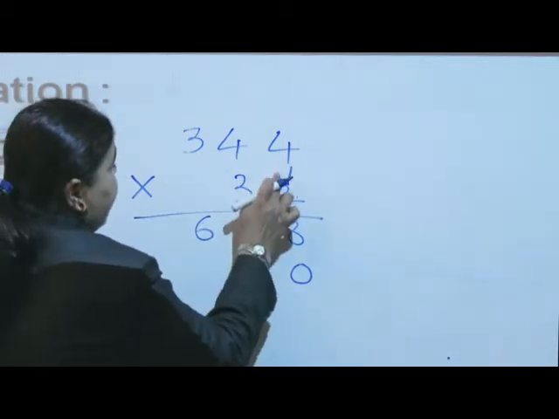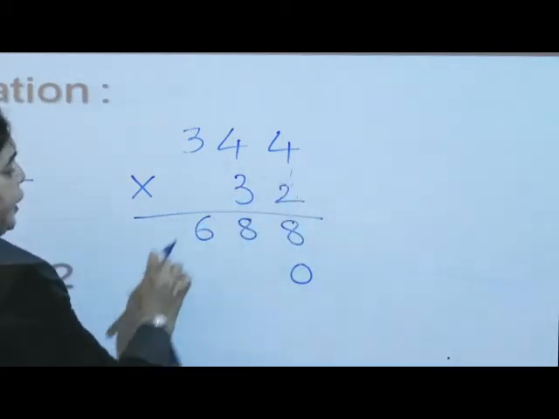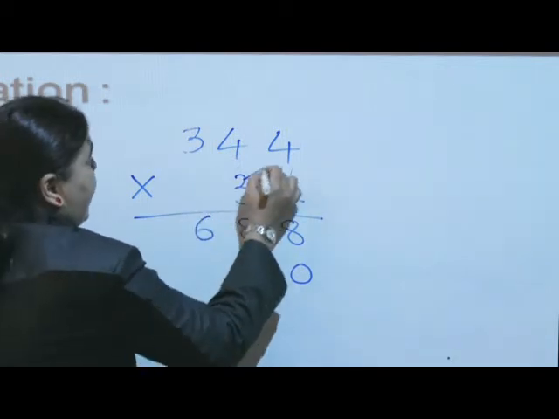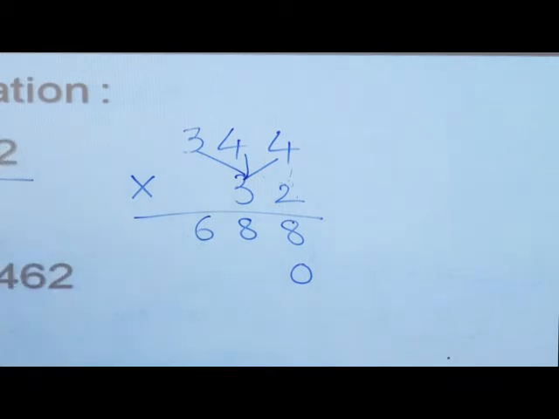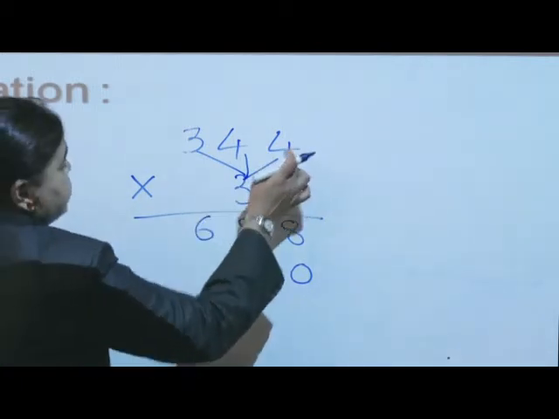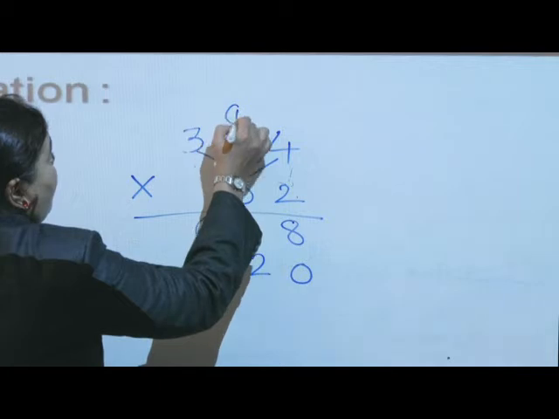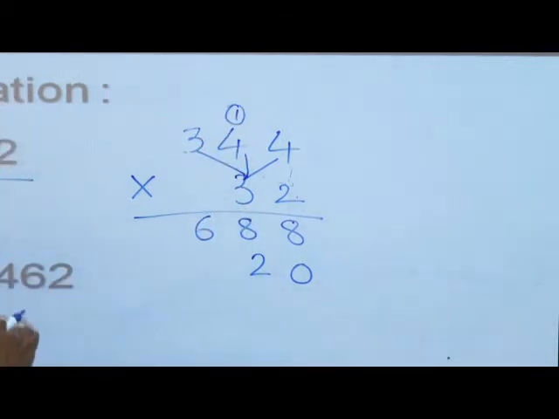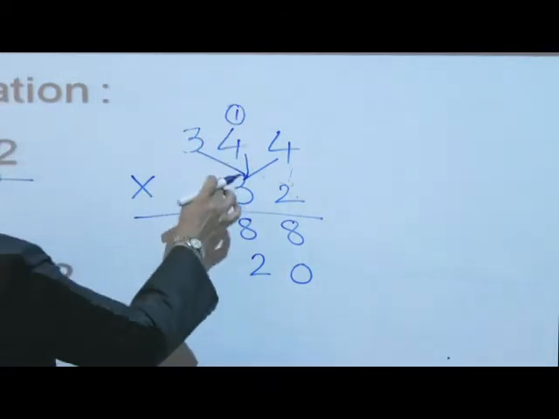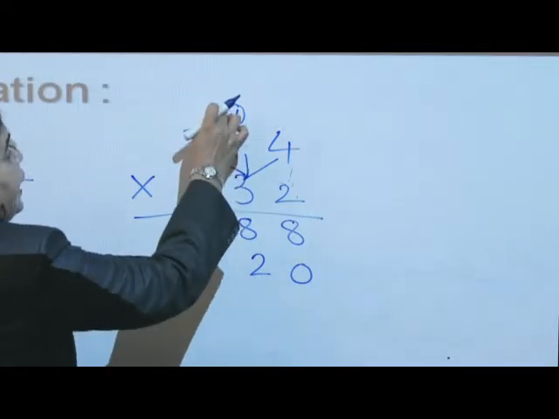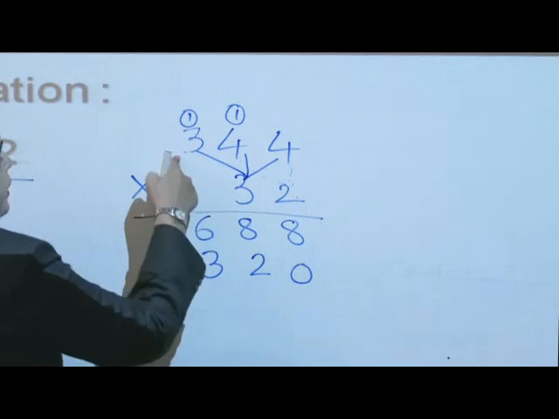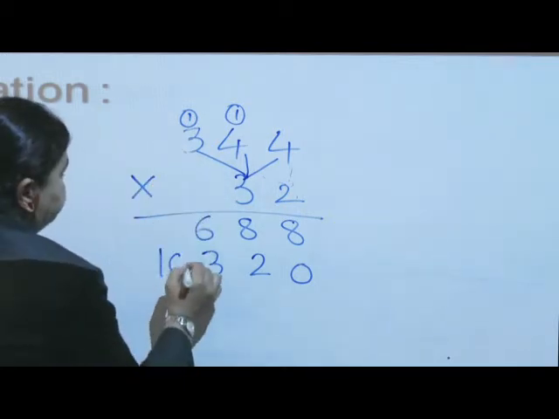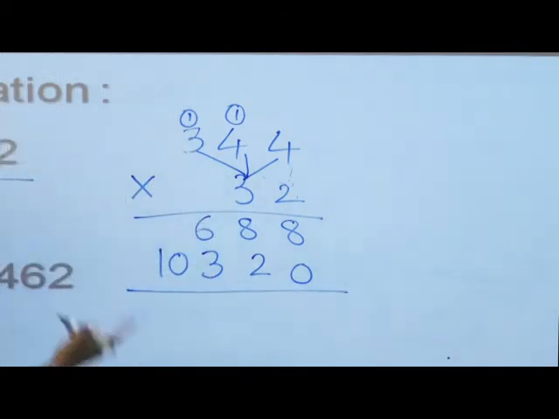Now this was just to show you how to do the multiplication. Now I am going for the tens number. So I have to do the multiplication with the ones, then tens and then hundreds. So we will try to do it. Again 4 threes are 12. So we have to give a 1 carry to the previous number. So again 4 threes are 12, 12 plus 1 is 13, again 1 carry. 3 threes are 9 plus 1, 10. Put a line, what to do? Yes, you are right. We have to do addition of this.